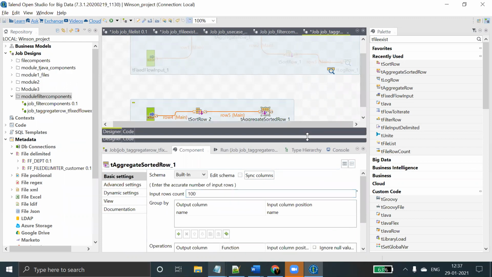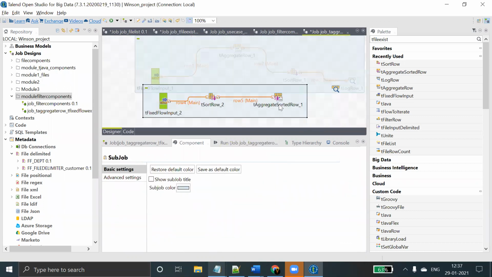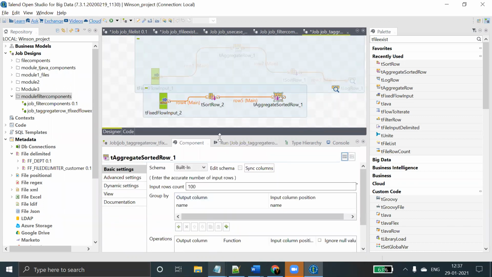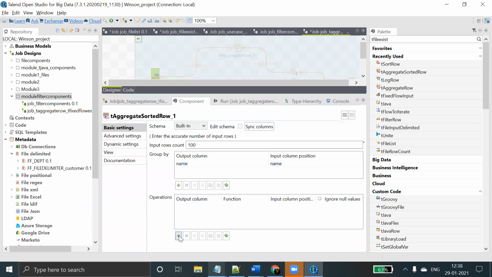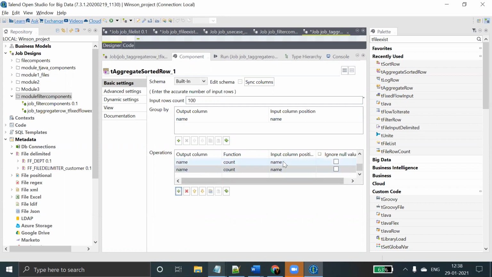Okay, so now here you need to select the operations. What are the operations you want? Here you want operations like max age. You have 4 columns, right?